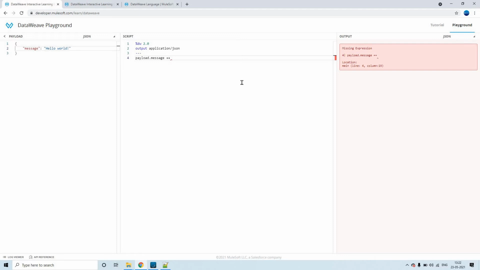The plus plus operator is something where you can concatenate two similar data types. For example, hello world is a string. Now I'm going to keep how are you. What it does is concatenate both hello world and how are you. You could see the result here, right? So this is used for concatenating two strings.